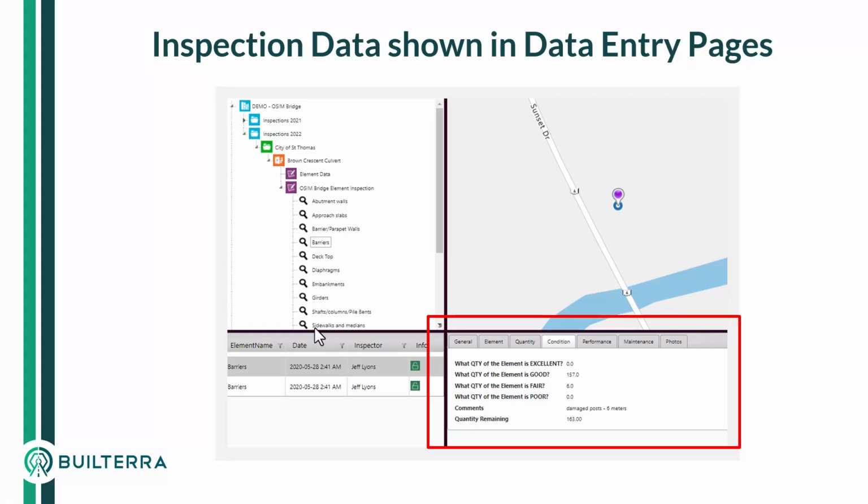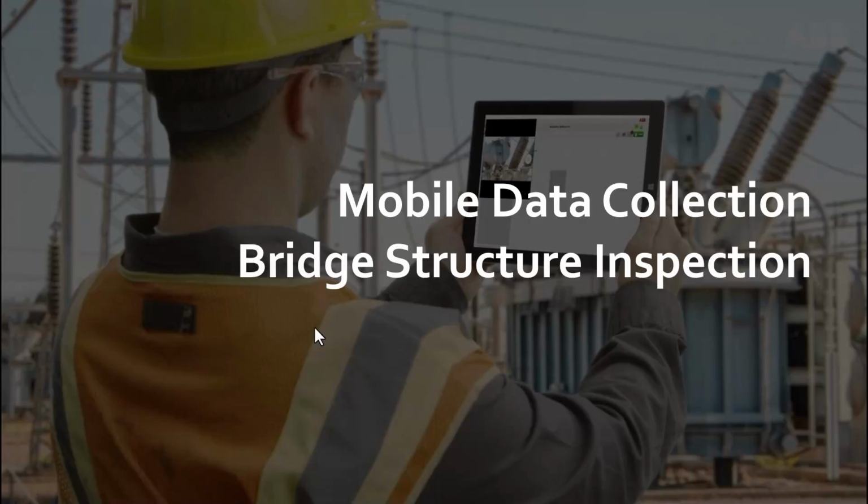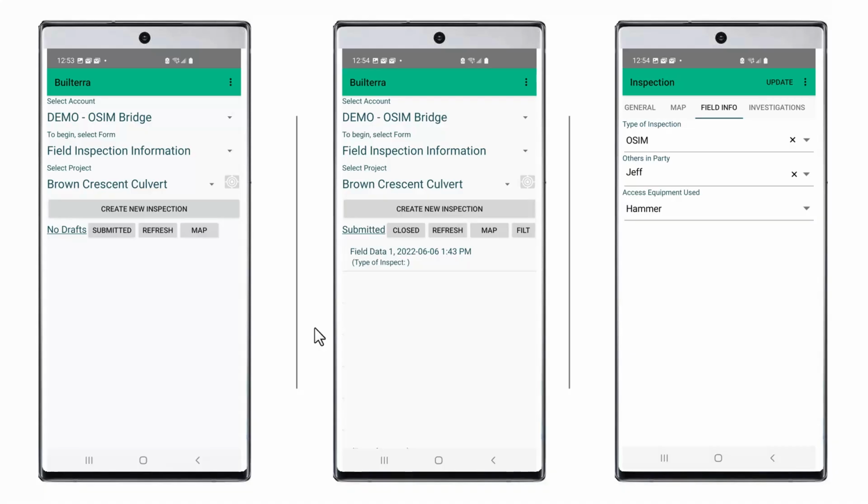Here it is. For mobile data collection, we're using a mobile app, in this case on an Android phone or tablet. It's as simple as picking from the forms. In this case, the field inspection information is the form we're going to start with. We're going to pick the bridge of interest and then immediately fill in the information. In this case, the field info,